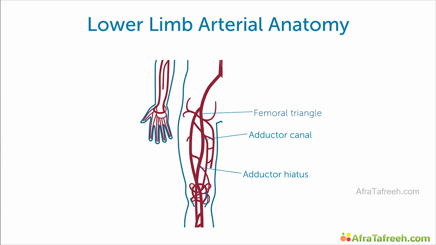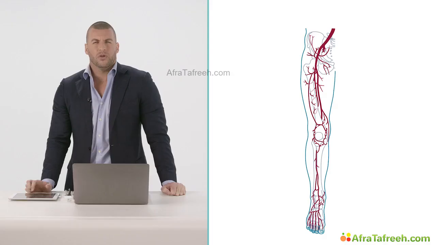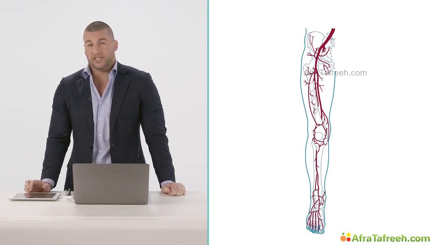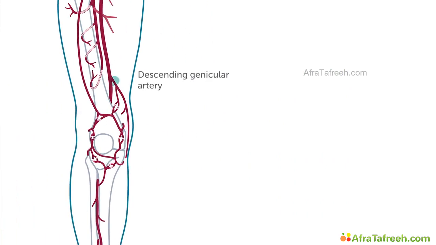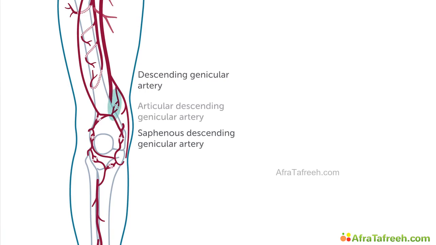The superficial femoral artery moves through the opening and enters the posterior compartment of the thigh. At this point, the superficial femoral artery has terminated into the popliteal artery. Right before the superficial femoral artery terminates into the popliteal, the descending genicular artery, as seen here, branches off into 2 separate arteries. These are known as the saphenous descending genicular artery and the articular descending genicular artery, which anastomoses